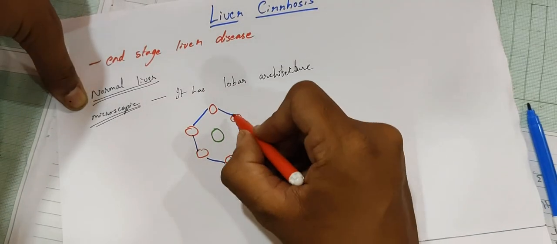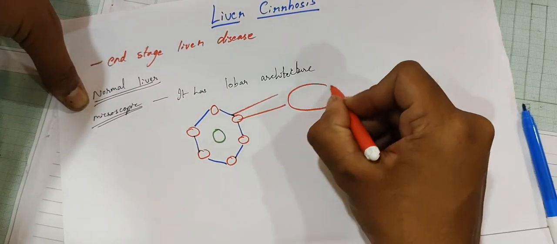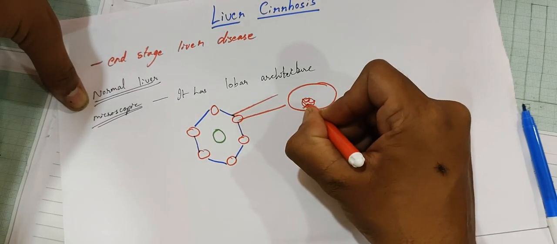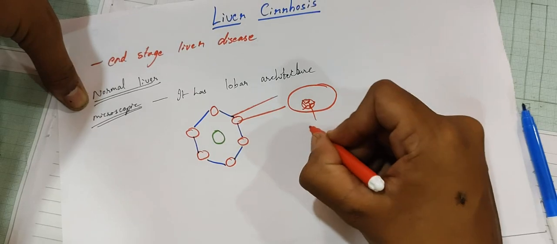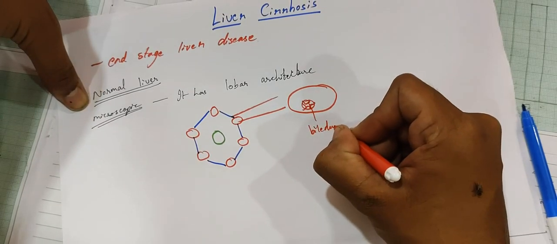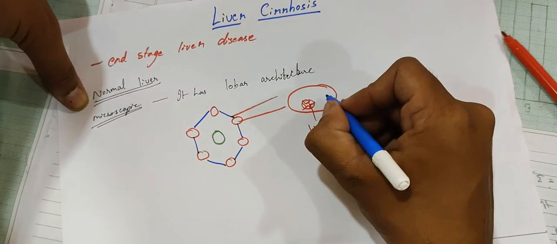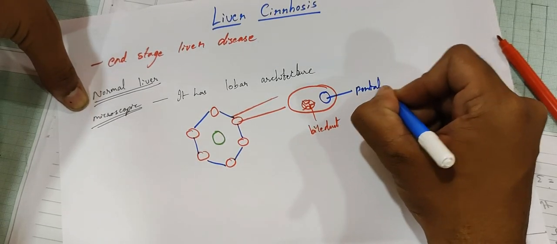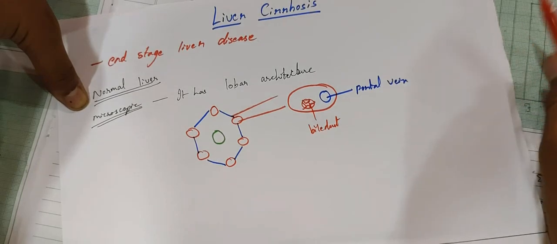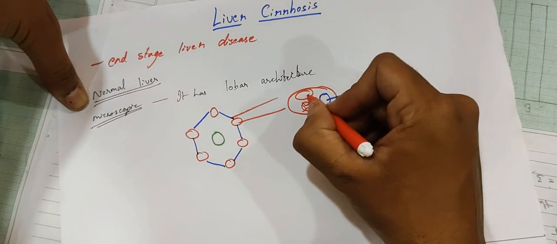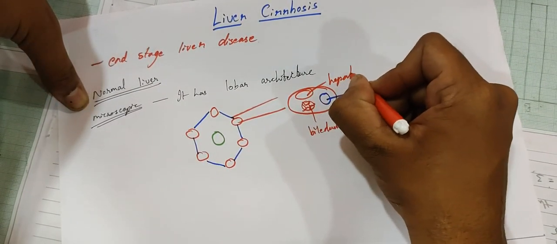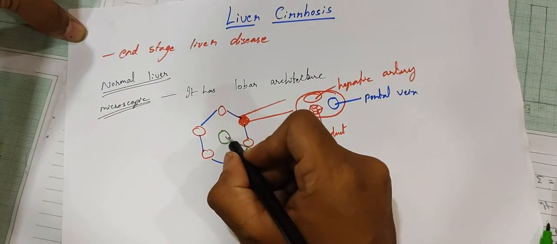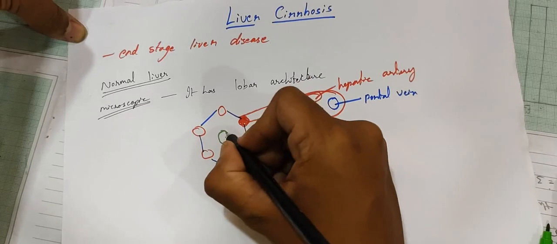And this portal tract consists of one bile duct, portal vein and hepatic artery. Between this central vein and the portal tract, you'll be seeing